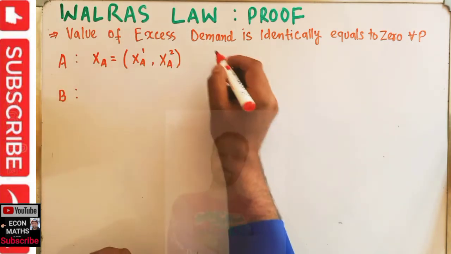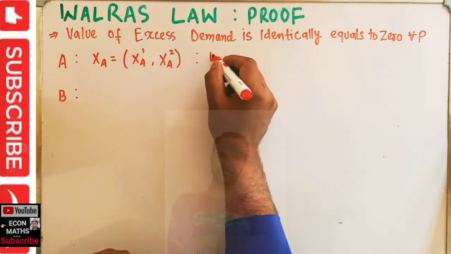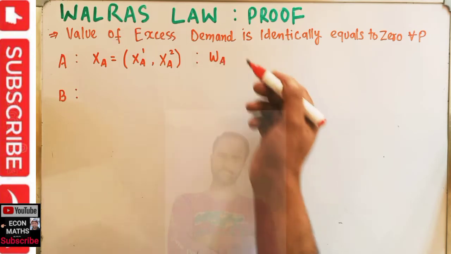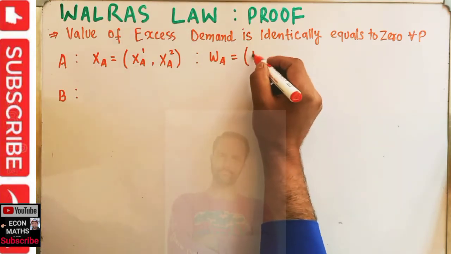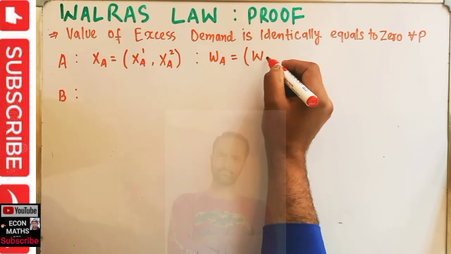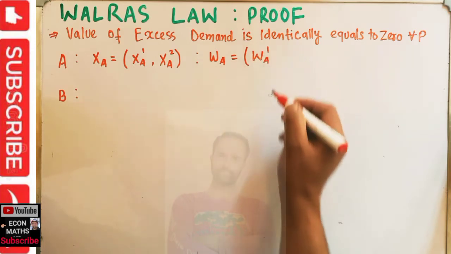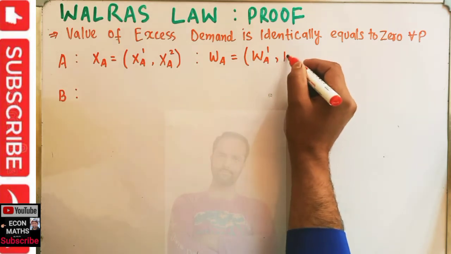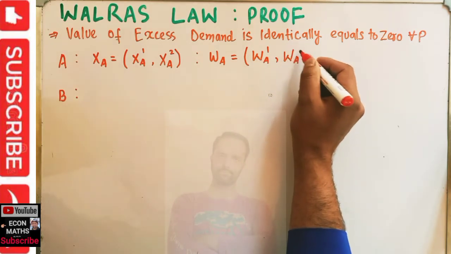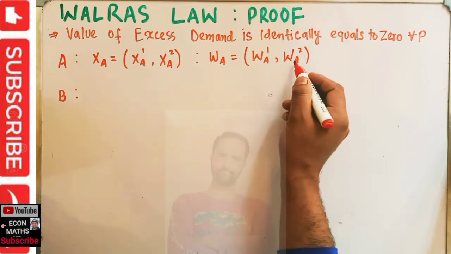Also this person A has some initial endowment. WA denotes the initial endowment of person A. Let us denote it by WA1, that means initial endowment of good 1 by person A, and WA2,